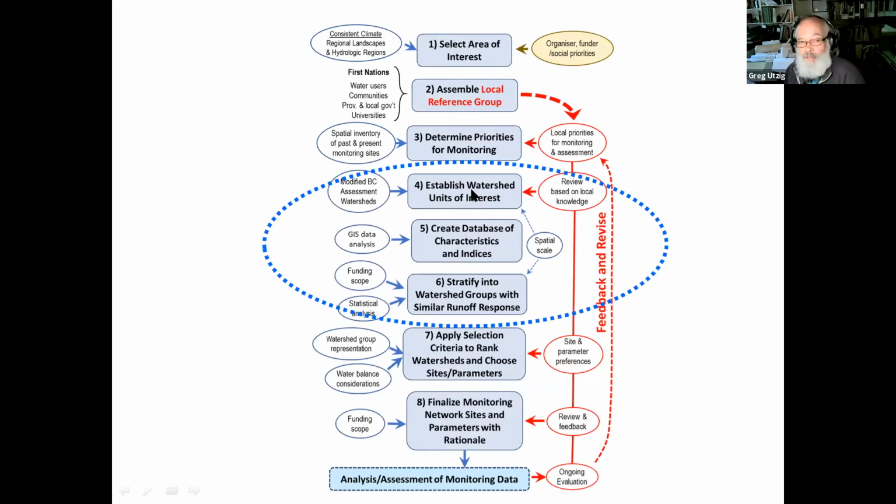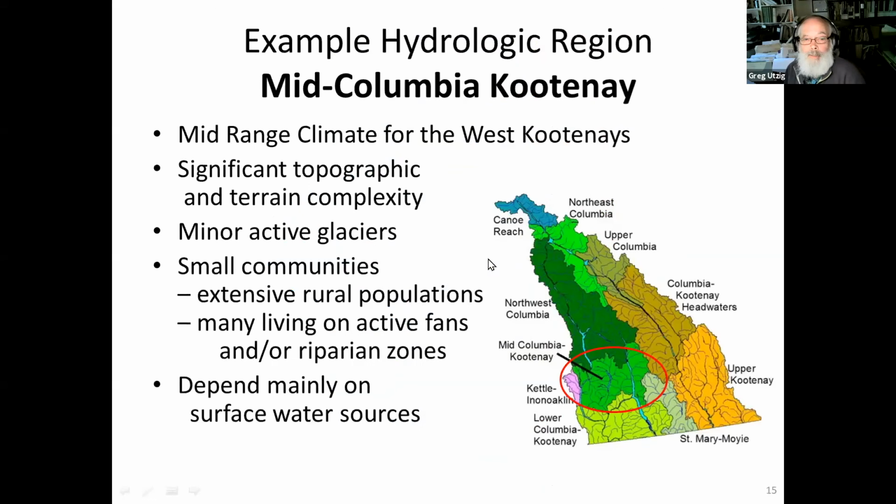And first of all, it's establishing the watershed units of interest, which I just talked about in the previous slide, of what size, which ones, which types, and then trying to establish this database of the characteristics and indices of those various watersheds. Just using this example that we used in the workshop, we chose that as an area of